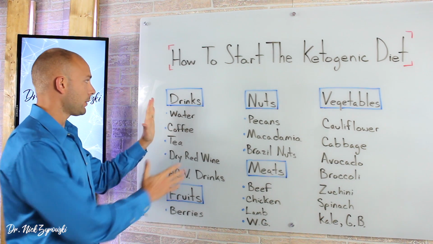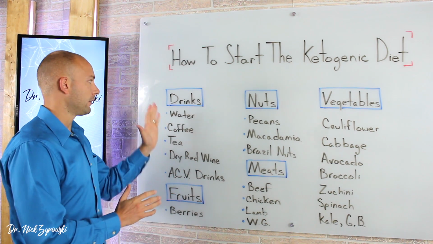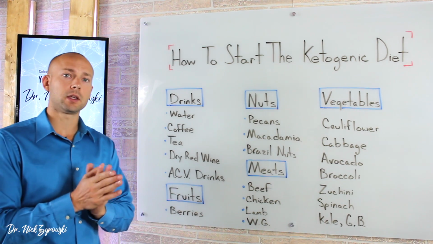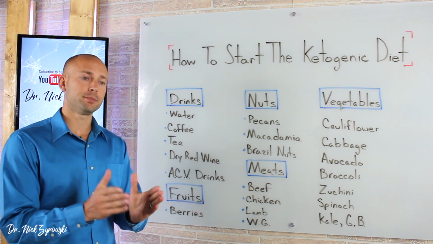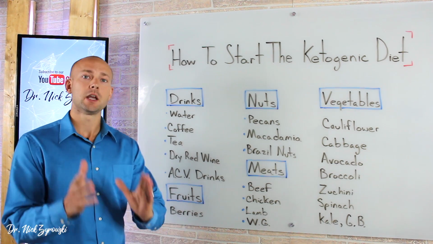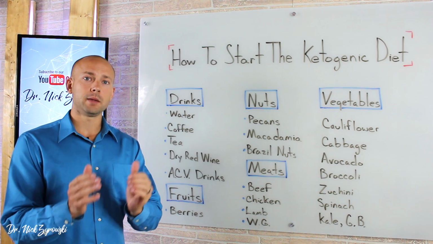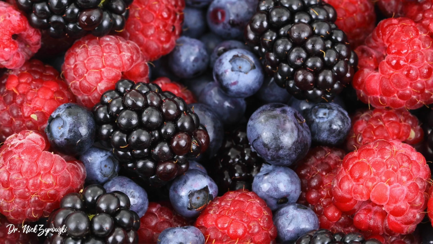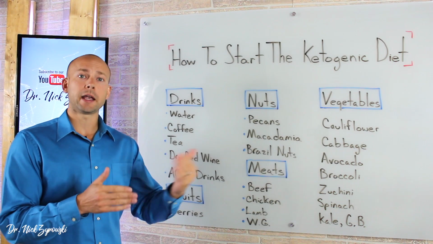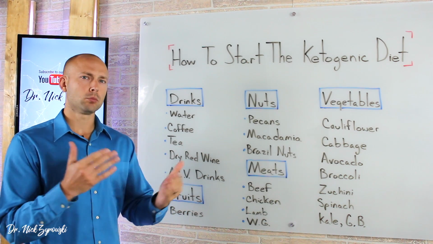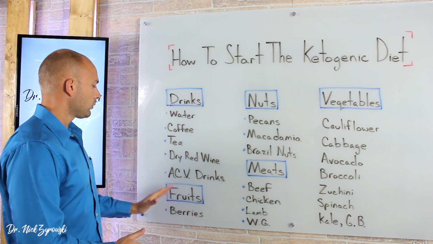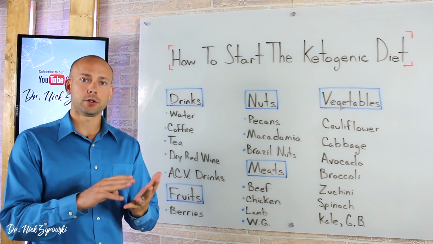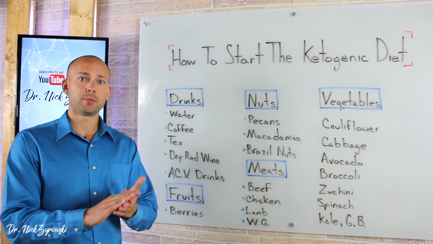So check that out. So anyway, this is what people are really sticking to in the way of beverages. Now, when we look at fruits, the fruits that people are consuming well on the ketogenic diet ideally are berries, okay? The reason that we stick to berries is because while on the ketogenic diet, we want to keep our sugar levels low in our body, and berries are low in the glycemic index. Berries are also high in antioxidants and nutrients, so you're getting more bang for your buck there. And so when we're considering fruits on the ketogenic diet, just think berries: strawberries, blueberries, blackberries, raspberries, and all the